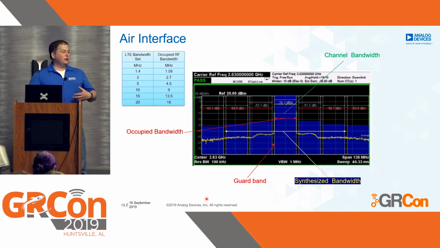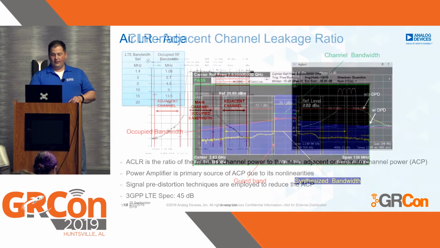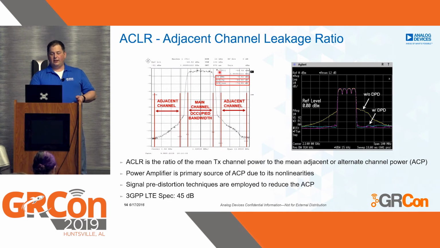So when we're talking to each other and communicating these ideas and concepts, we need to make sure that we're using the right words for some of these topics. And including ACLR, which is adjacent channel leakage ratio, like how much of my energy is in this adjacent channel, and here is without DPD and with DPD, or the digital pre-distortion. And again, see here, 45 dB, that makes sense because it's a difference between the peak and the peak in the adjacent channel, which is a difference in dBm, which is measured in dB. So this has been mainly for digital communication kinds of channels.